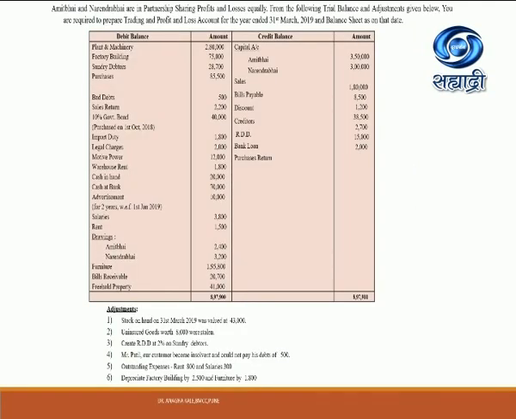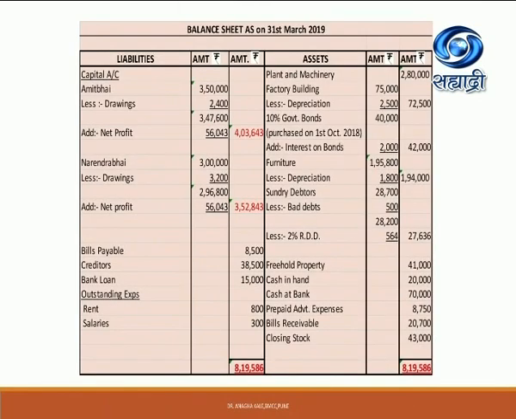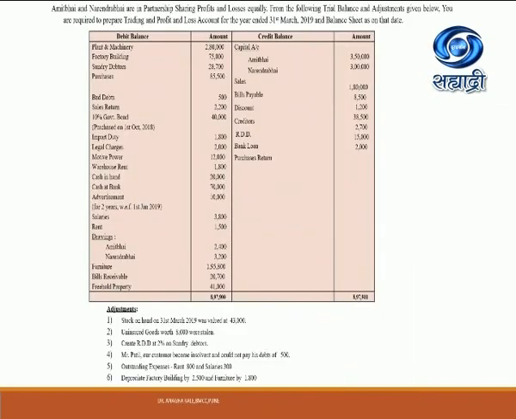Then bills receivable and freehold property, both are assets. So balance sheet asset side, freehold property is there and bills receivable. Both the items are not having adjustments, so directly shown in outer column. Freehold property is 41,000 and bills receivable are 20,700, directly shown in outer column. Here we finish posting of all debit balances.